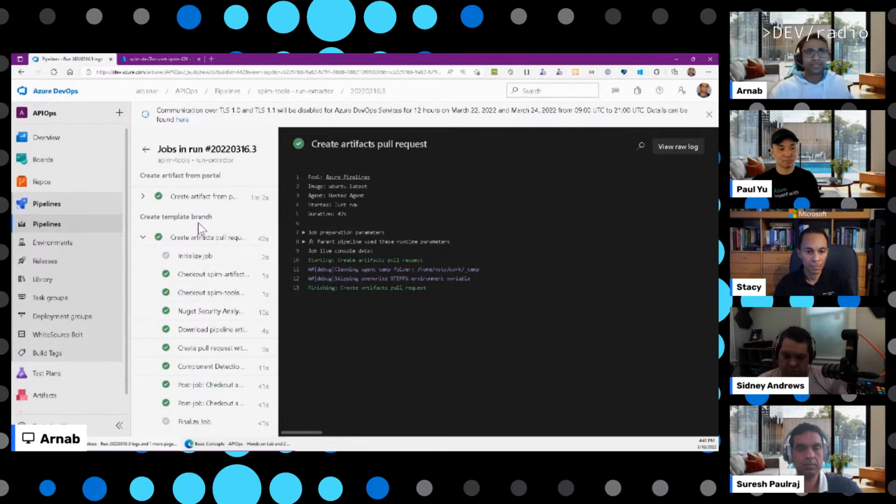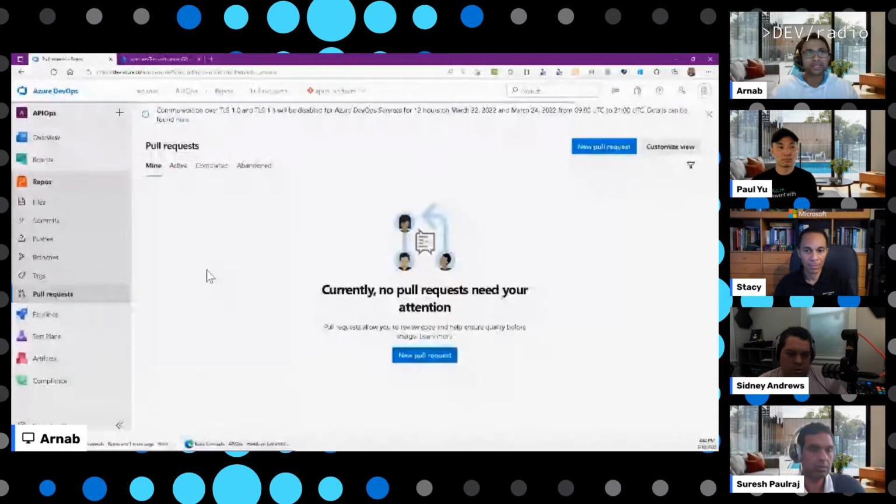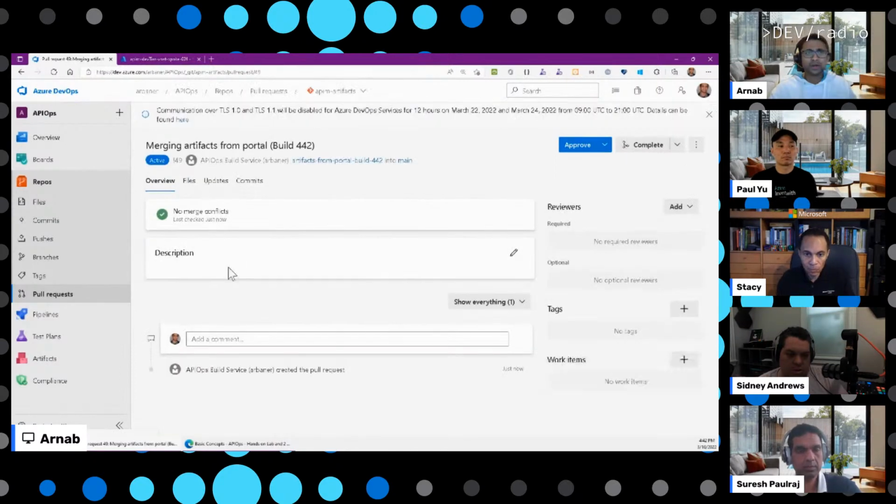All right, so we got done with this job. So let's take a quick look at our pull request. I'm going to go into my repositories and go into pull requests. And under active, you can see the default build service user in Azure DevOps has generated this pull request for me. If I take a quick look here at my files,